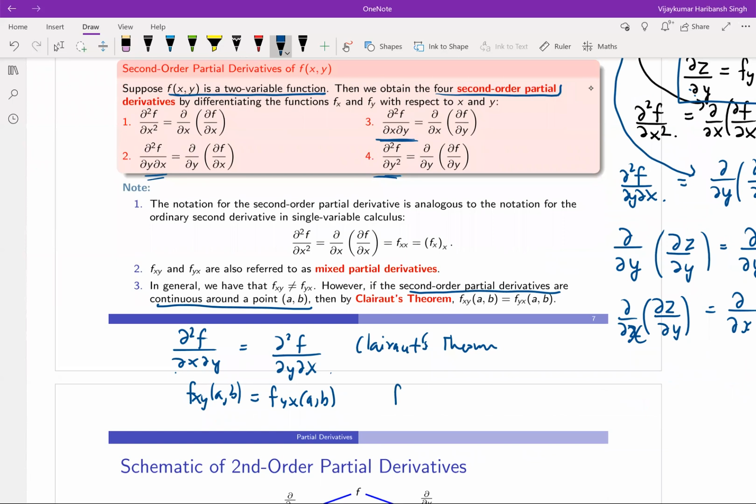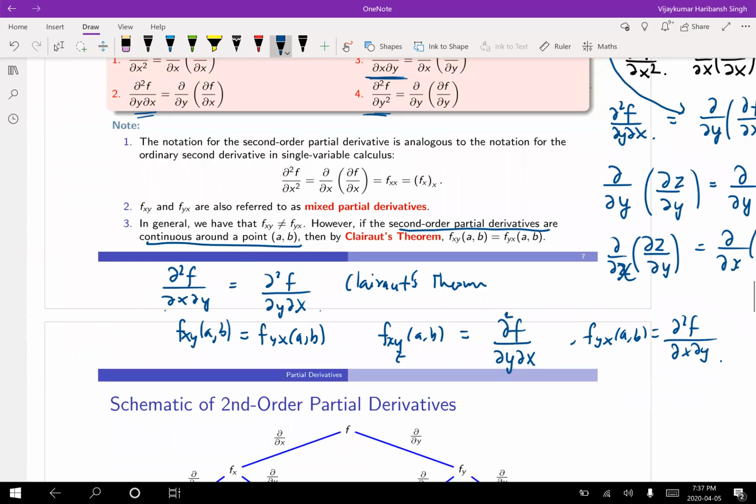So what is f_x y(a,b)? It is short for you go in the other order, okay, and f_yx is short for, so in this case you'll go first y and then x. Okay, so this is the schematic of